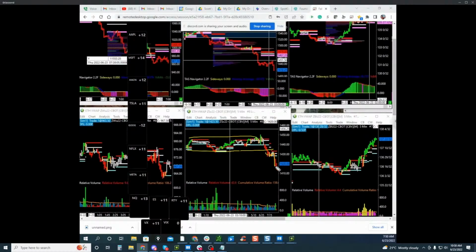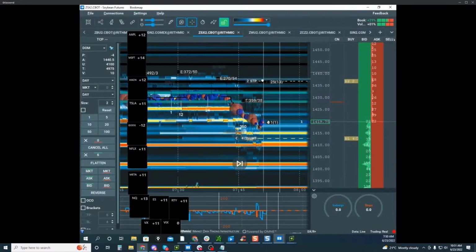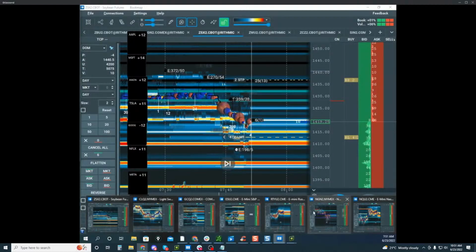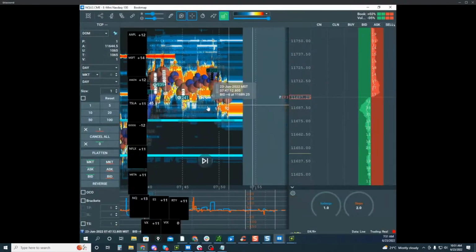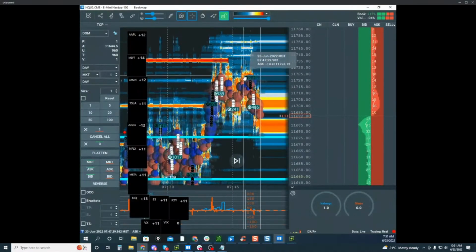I can't believe we haven't seen puke yet. Stop runs should be coming here shortly. If this moves a little lower, you should see it. Some huge stop run would be my guess. All right. NASDAQ is, of course, just dancing around that. Like they pulled their liquidity up here, but